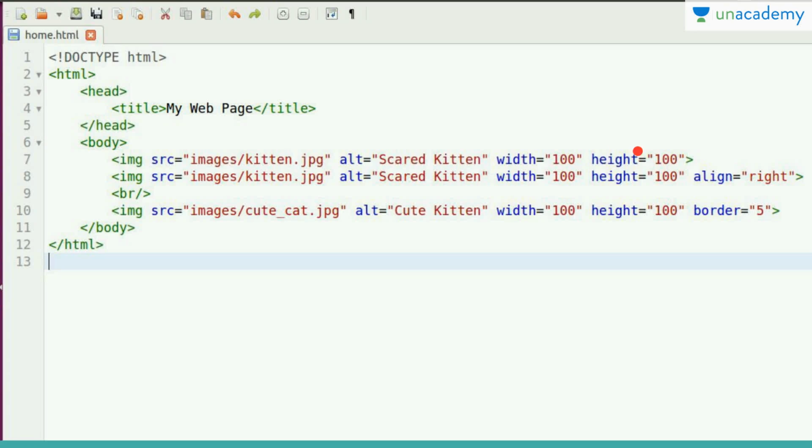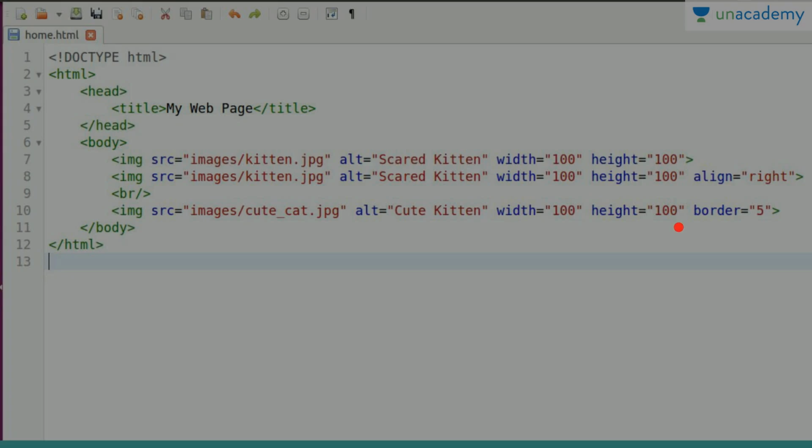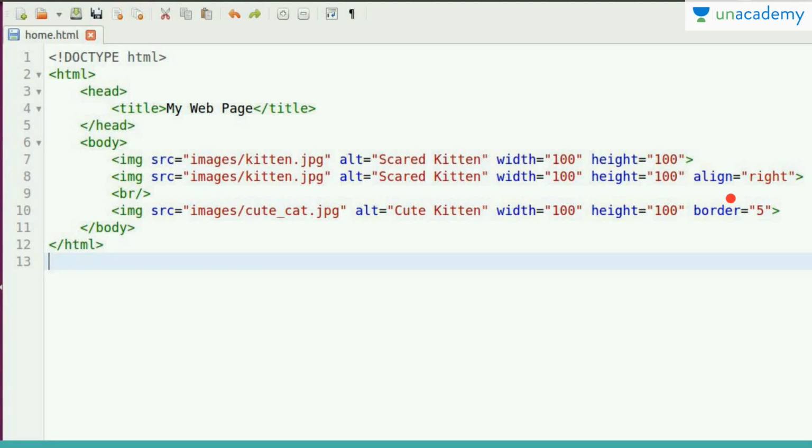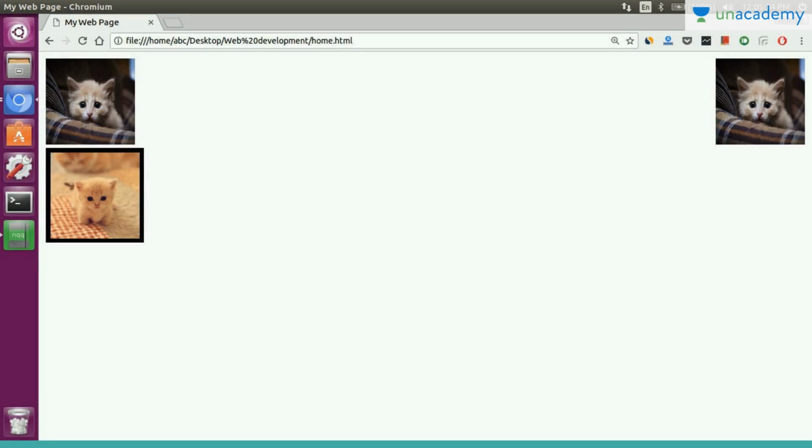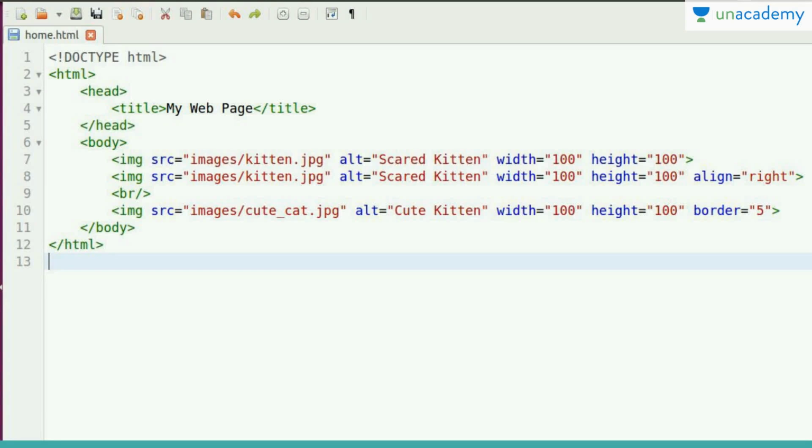And then width and height specify the dimension of the image. If you do not specify these attributes, then the image will take its default size. Now the second is all same except this attribute, that is align. Align takes left and right. You can see it is aligned right because of this attribute align. Now if I use align left, then it will come again to the left. So by default align is left if you do not specify anything.